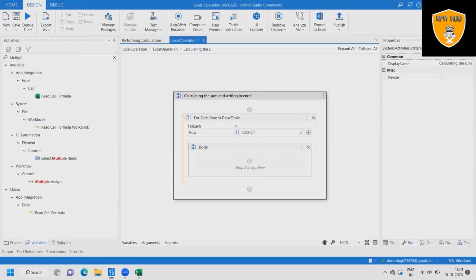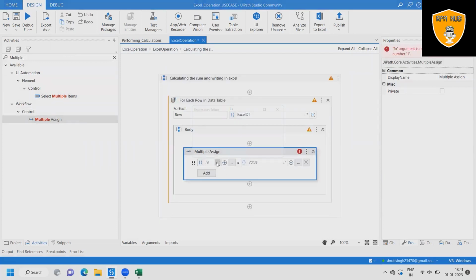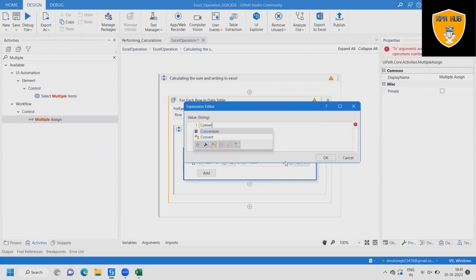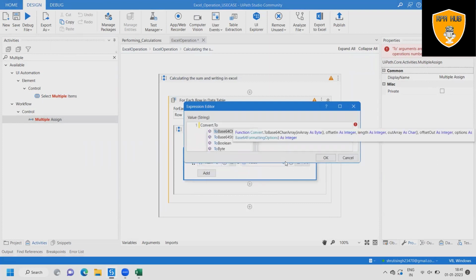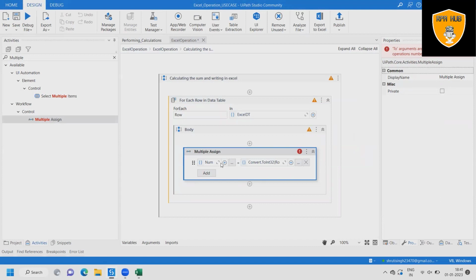Inside the body section, we'll drag and drop a Multiple Assign activity, and here we'll create Number 1 as an argument, and within that argument we will add Convert.ToInt32. Because this is a data table value, we cannot directly call it out. So here Convert.ToInt32 of row, and we'll add the first column as Number 1. Exactly the same way,